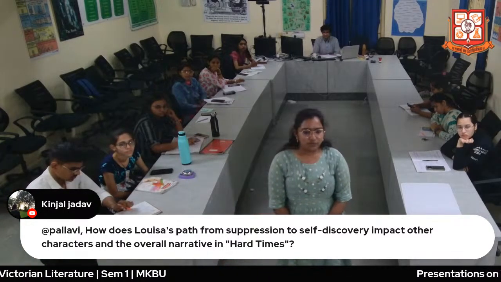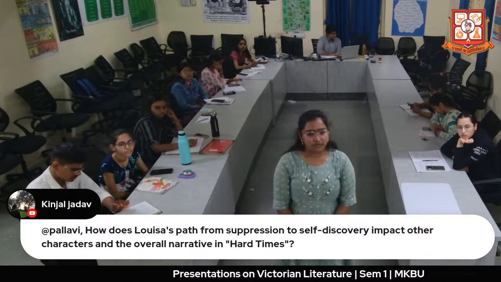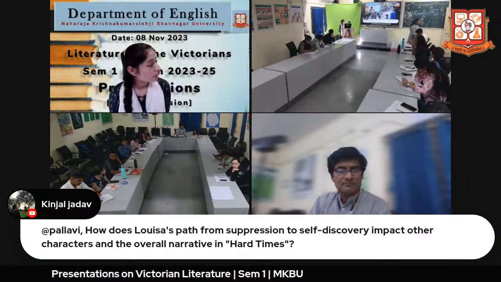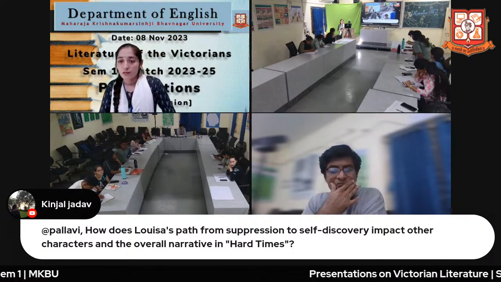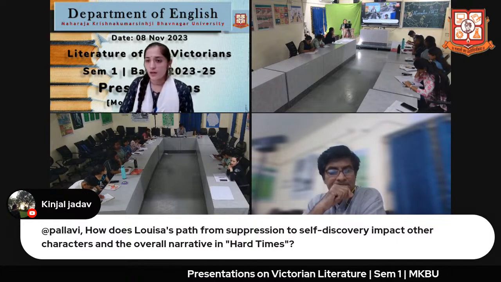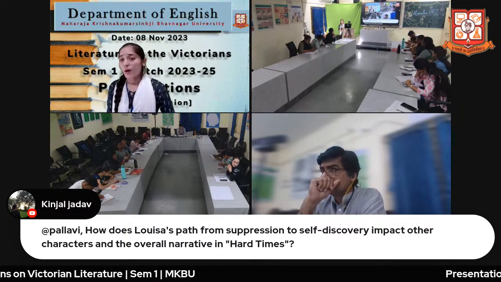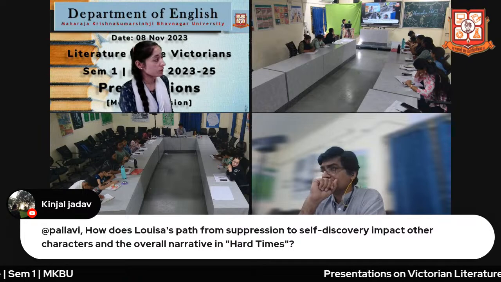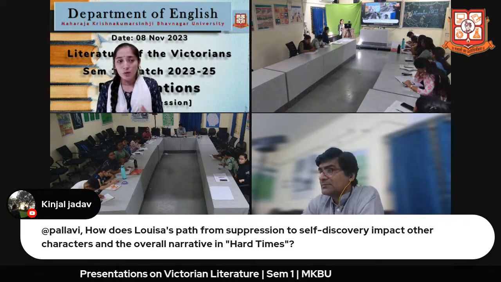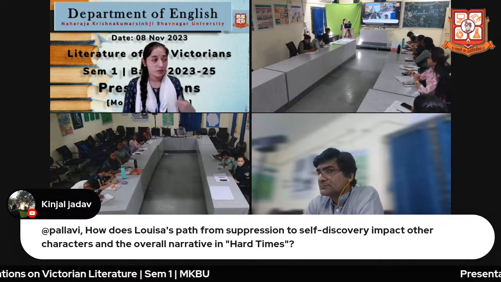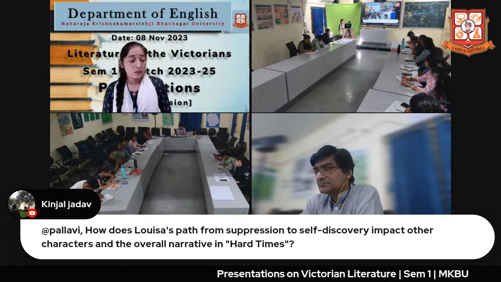How does Louisa's path from suppression to self-discovery impact other characters and the overall narrative in Hard Times? Yes, we can find that Louisa's path from suppression to self-discovery impacts other characters also. At first her father is very strict, and he believes in fact. There are no elements like emotions and imagination. But when his daughter confesses that she is not happy with his decision, with these norms like facts, and that she is unhappy in her married life,